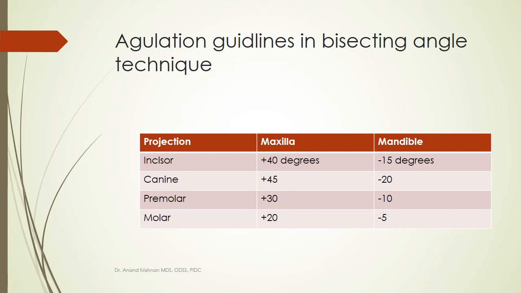Not everyone's morphology is the same. Some might have a narrow arch, some might have a wide arch, a shallow arch, or a small arch, and they will not be able to accommodate. So there will be some variations. So you must always allow plus or minus 5 degrees to whatever is mentioned here. Remember this, plus or minus 5. But this is what you initially go with. As you get experienced and see the outcome of the variations, you by yourself will know how to adjust these angulations.